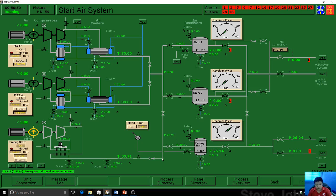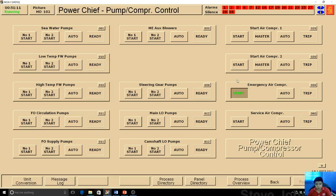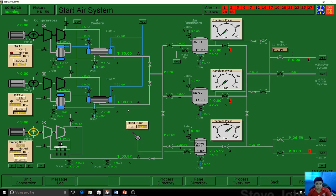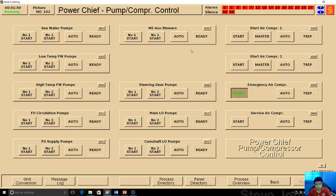on the full mission simulator, you have the panel control. You go to the pump control system, and as you can see, the emergency air compressor. So I'll just go back again. You go to the panel directory and go to the power chief 102. This is the pump control on the full mission simulator. This is just the same thing, but what you need to do is you just press auto,